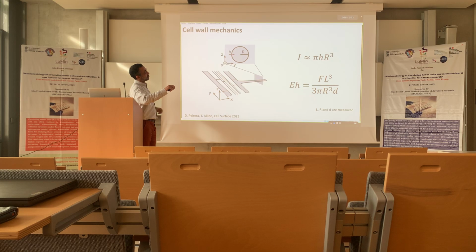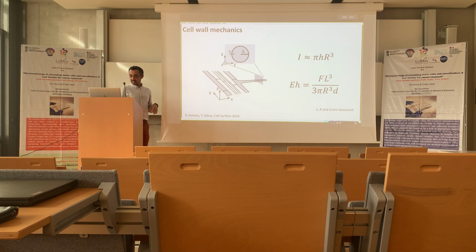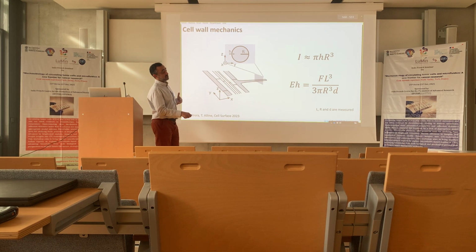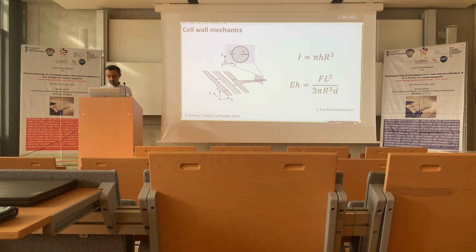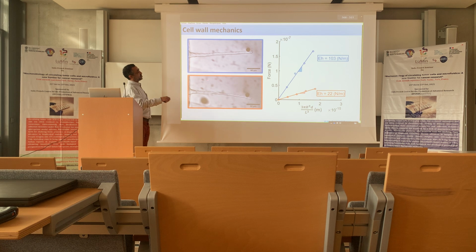So H here is about 200 to 500 nanometers, while R is about 5 microns. So you have simplified expressions. From the measurement of F and D deflection, we can get, in fact, an idea about the modulus. And you have here 2 measurements. One with turgor, so with full pressure,